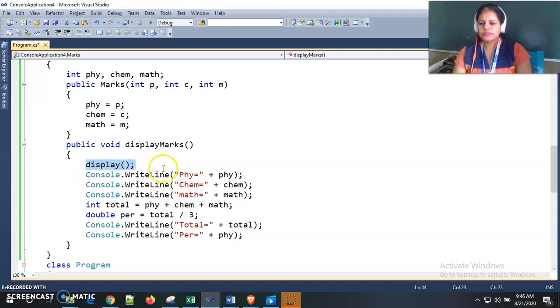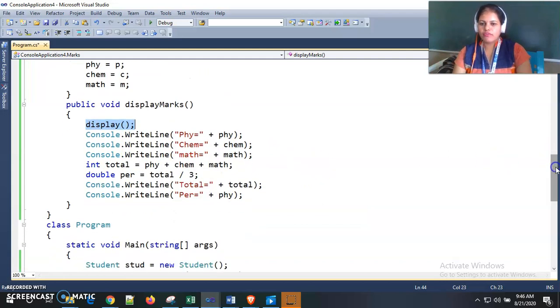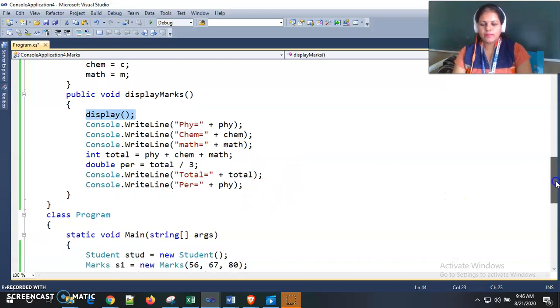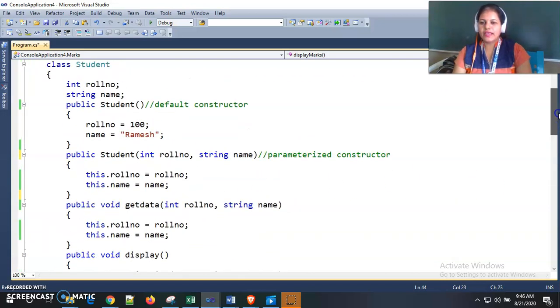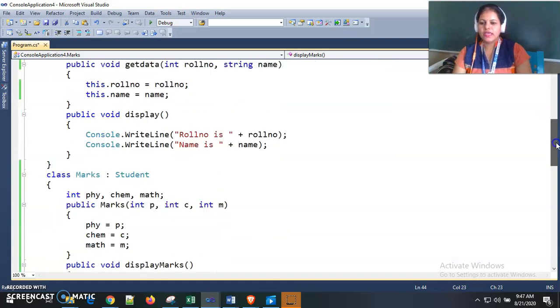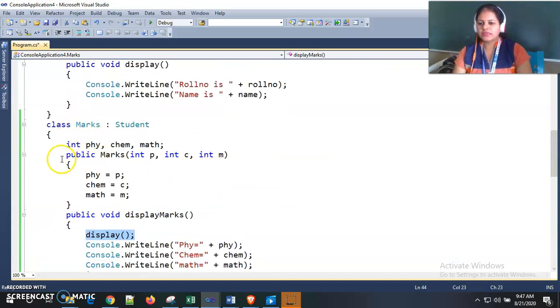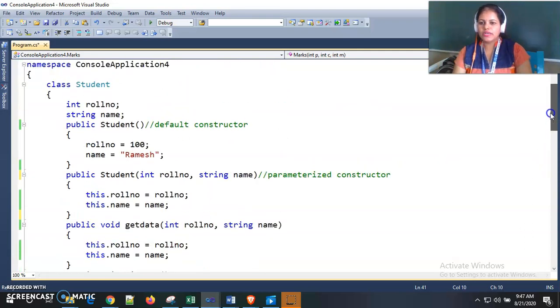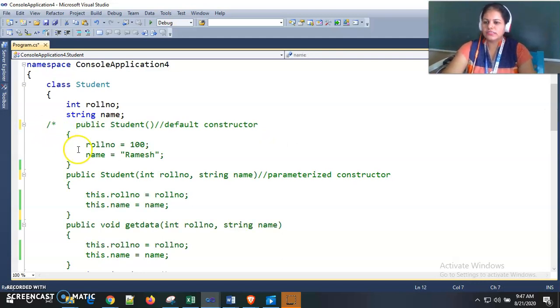And along with this display function we also display the marks of physics, chemistry, maths, and then the total and percentage. Now, if we declare the parameterized constructor as well as the default constructor inside the base class, and I am declaring the parameterized constructor in the derived class also, what happens if there is only a parameterized constructor in the base class and not the default constructor?